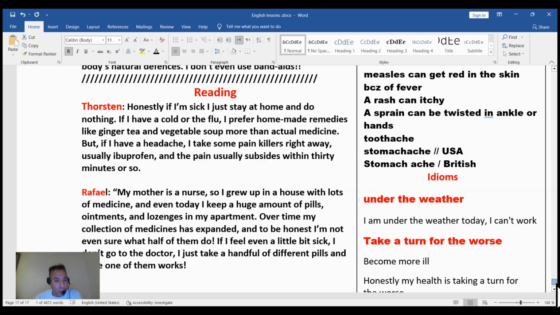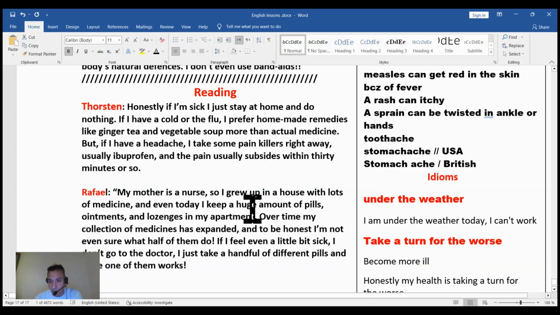Over time, my collection of medicines has expanded, and to be honest, I'm not even sure what half of them do. If I feel even a little bit sick, I don't go to the doctor. I just take a handful of different pills and hope one of them works.